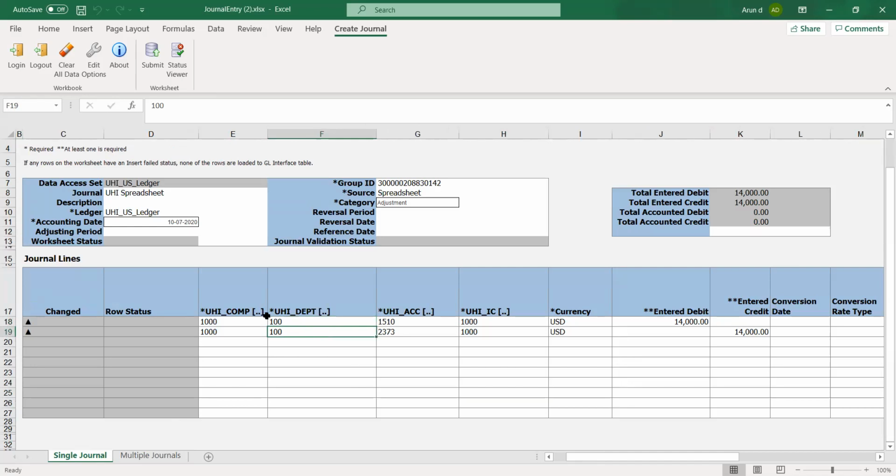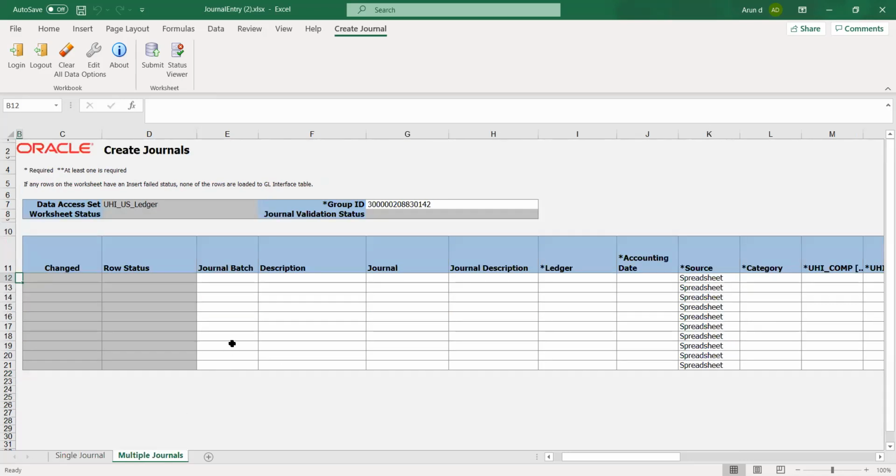Yeah, so we have two things. One is header, and the other one is line. So these are all headers, and the account code combination we can say these are lines. Which means one particular journal will have two parts, header and line. So that's why this is called one journal. If you see here in the multiple lines, they have merged both the header and line. We have journal and we have ledger, and also we have the account code combination in the same line.